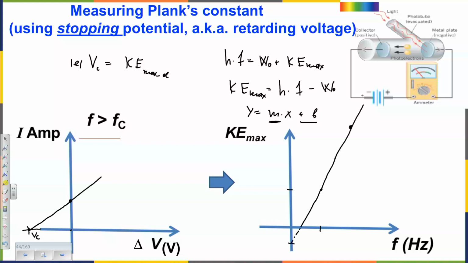this, this will be the y-intercept, which is equal to this. So we just read this number, and that's going to be the work function, well, times -1. And the slope should be equal to Planck's constant, which is, I don't know,